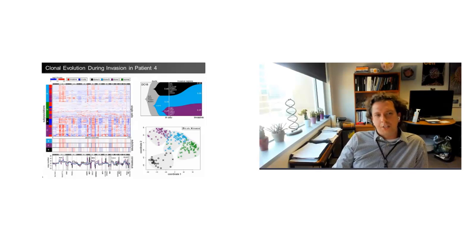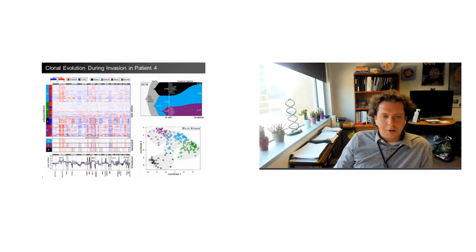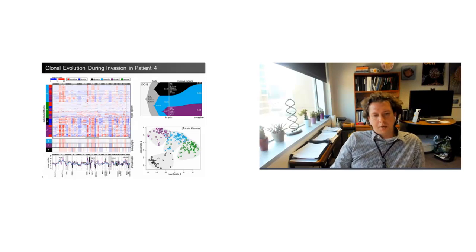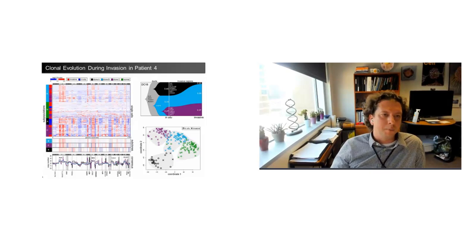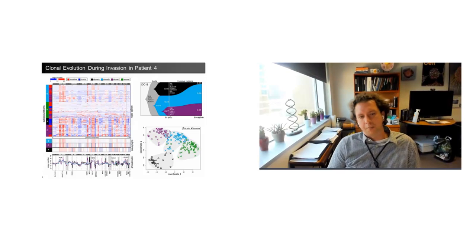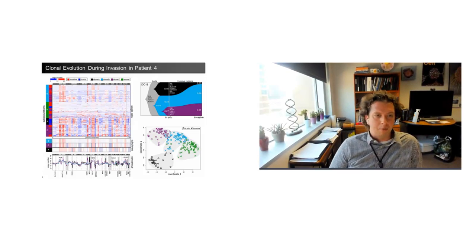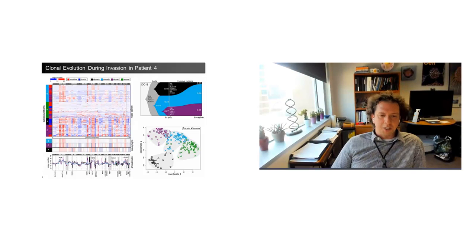Here's some data from one patient. So this is a clustering of single cells. And you can see there were 4 main clusters. One was just diploid, normal cells, and then 3 tumor clones labeled as A, B, and C. When we compare those 3 tumor clones, we found that they share a lot of genetic mutations, including amplification of MYC, but they also have very distinct aberrations too, including amplification of MET, amplification of EGFR that was only in